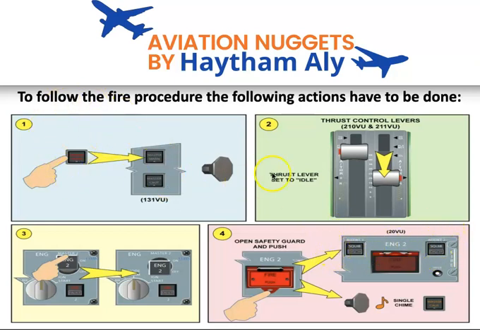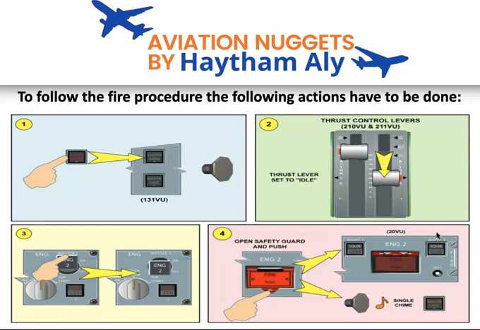So number 1, number 2, number 3, number 4 are all isolation steps. Remember, they are always isolation steps, and all the first steps of the engine fire procedure are to isolate. The last step: when the agent push buttons are active and the squib indication comes on, the percussion system of the fire bottle is ready. You can press on agent 1 and agent 2 to release the halon gas or the fire agent into the nacelle,